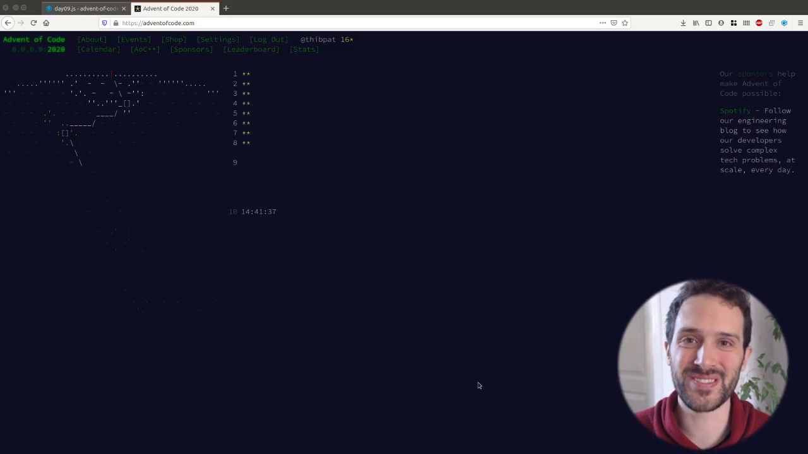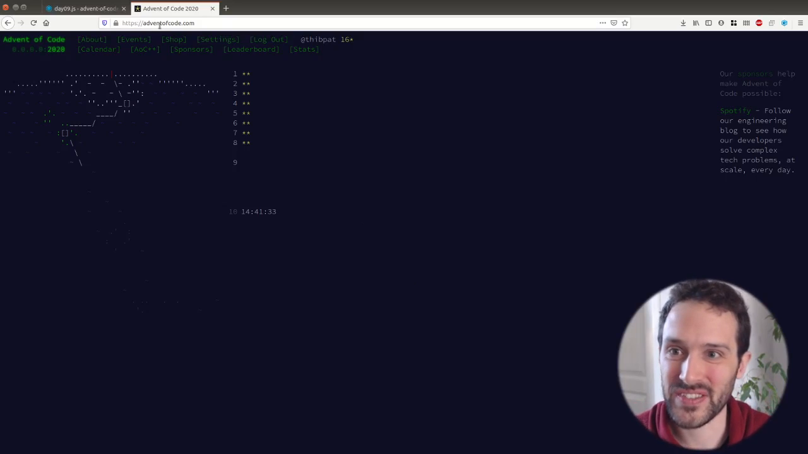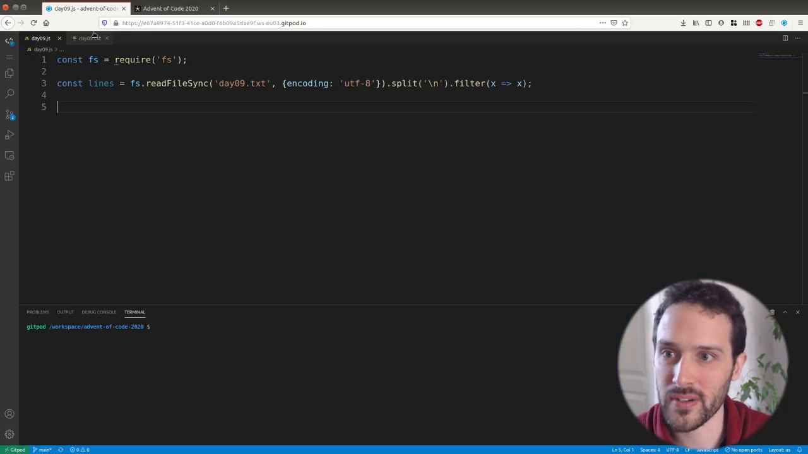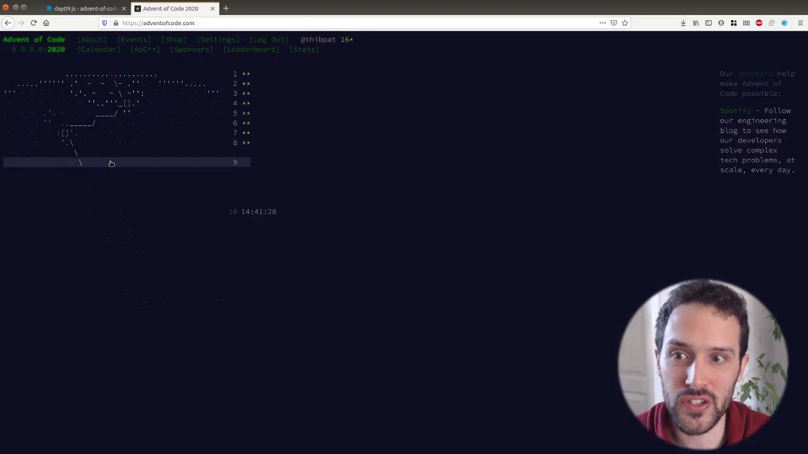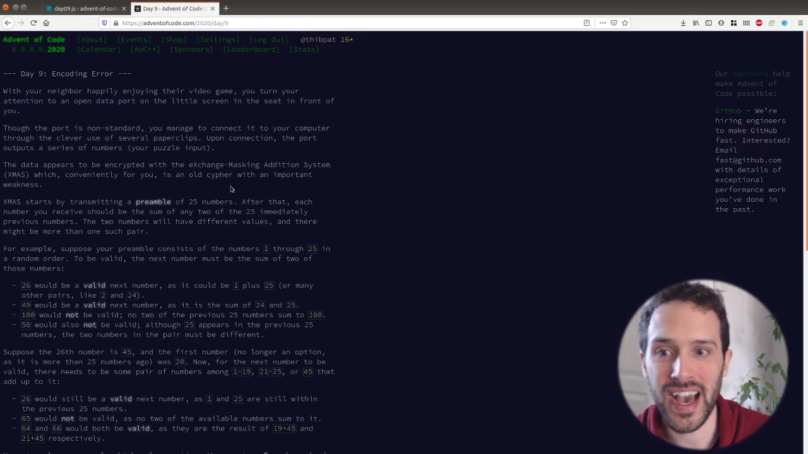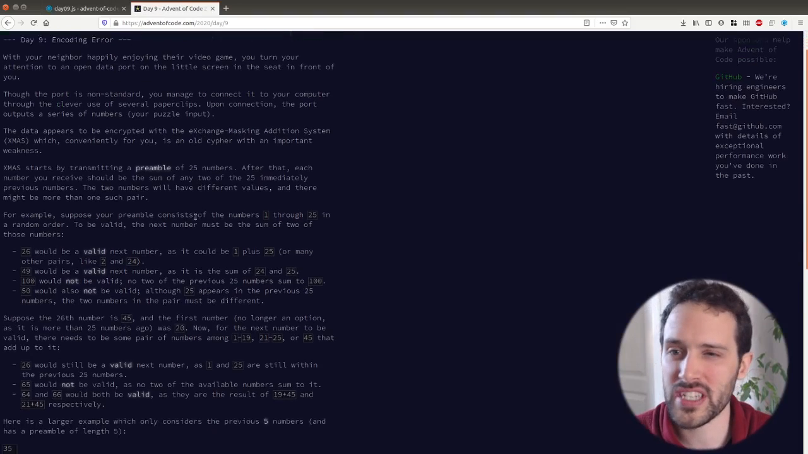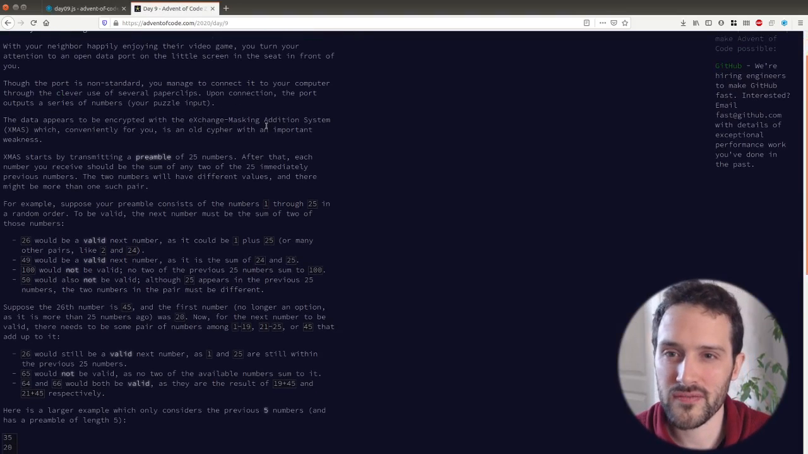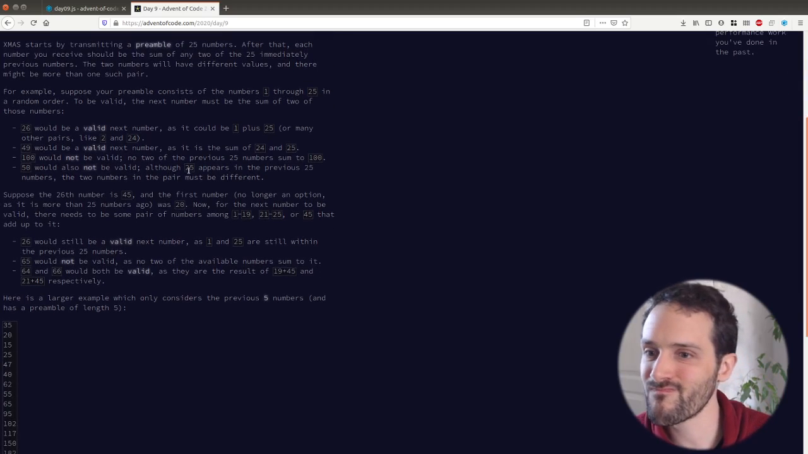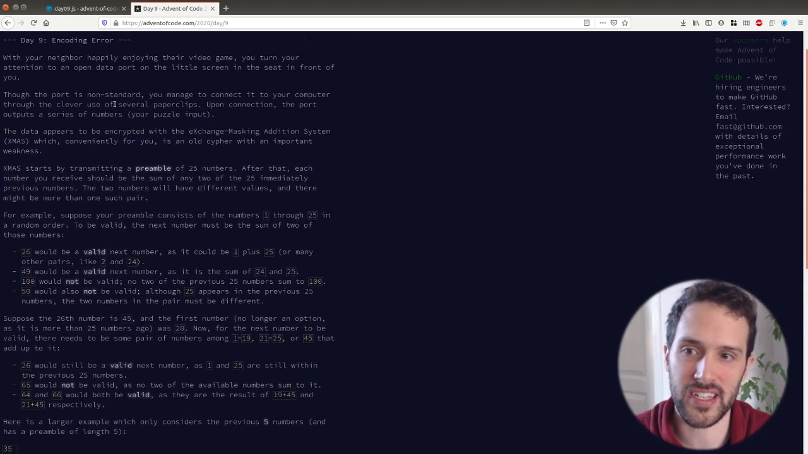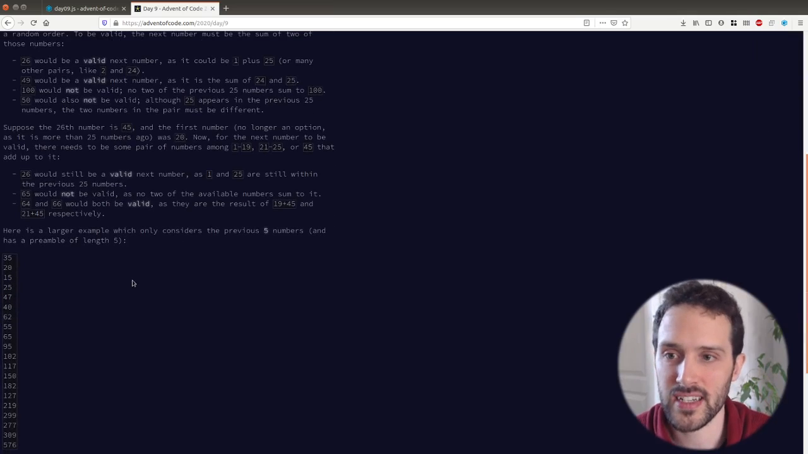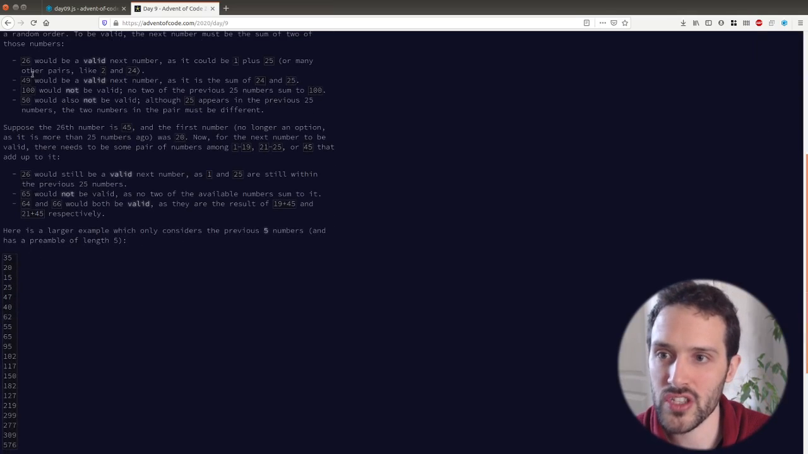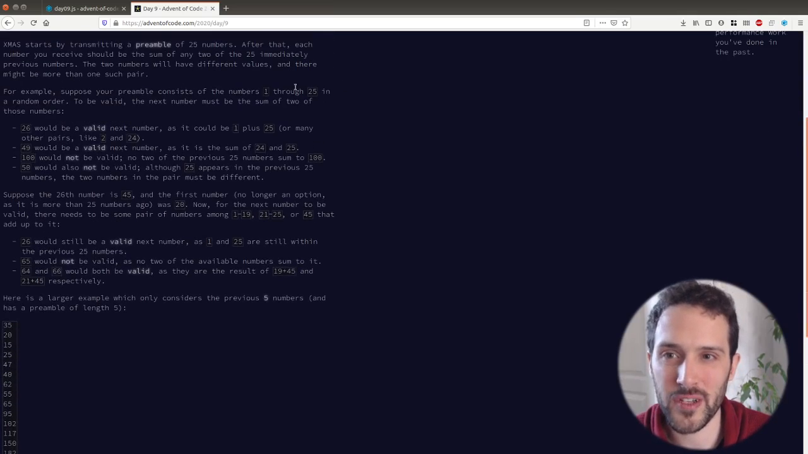Welcome back to day 9 of Advent of Code, and today, as usual, we've set up the basis for our code, and we have a very interesting problem today, which is some kind of encryption. This looks very complex. The problem statement looks complex, but basically we need to just store 25 numbers, like something